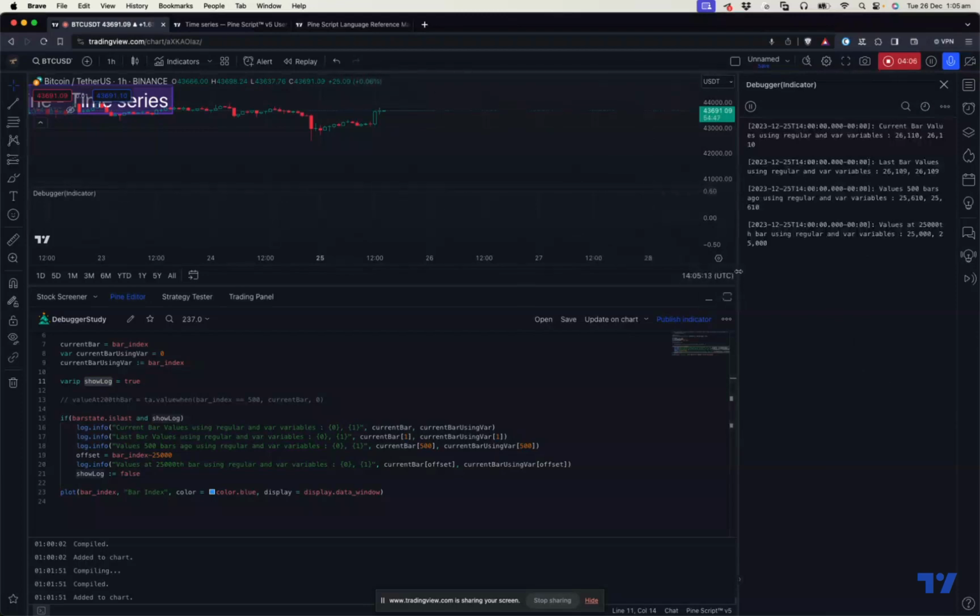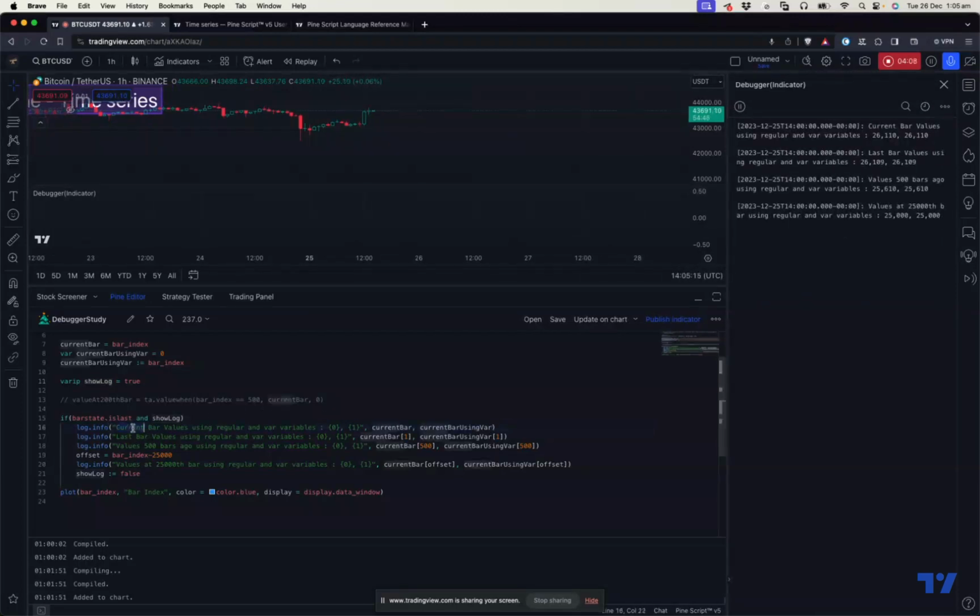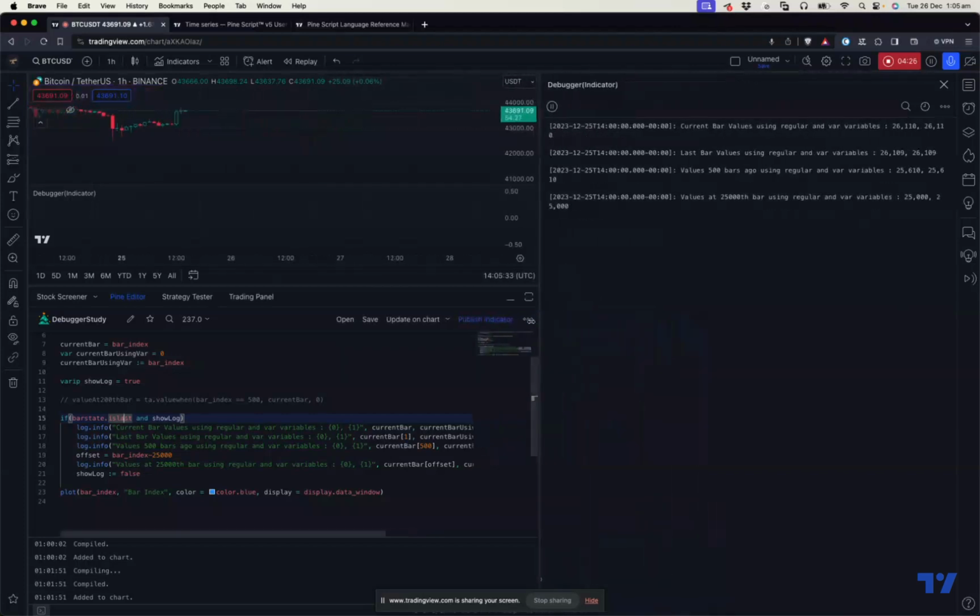There are the values printed here. First logger information is current bar values using the regular and var variables, right? Just printing current bar and the current bar using var. So that should generally print the bar index of the last bar, because I'm only printing this for the last bar. So the value of the last bar here is